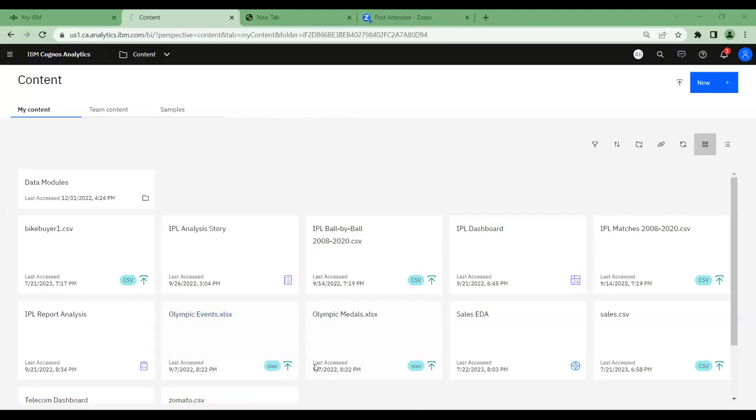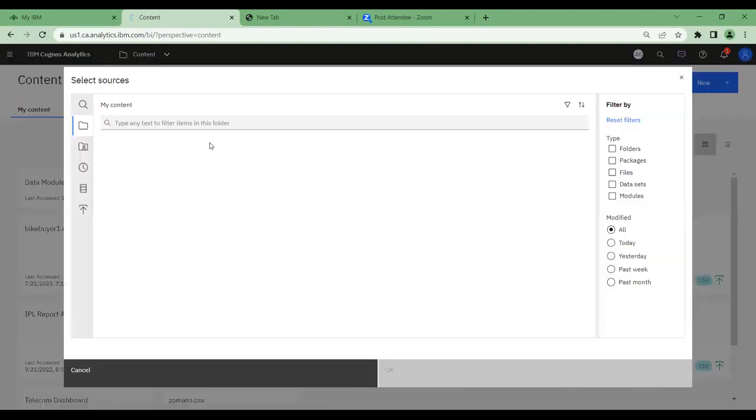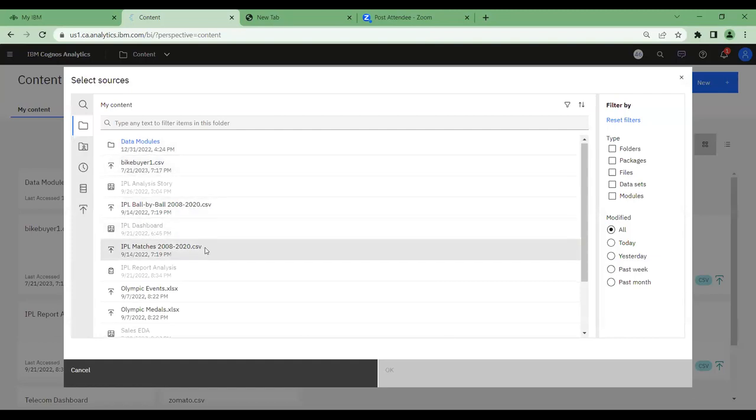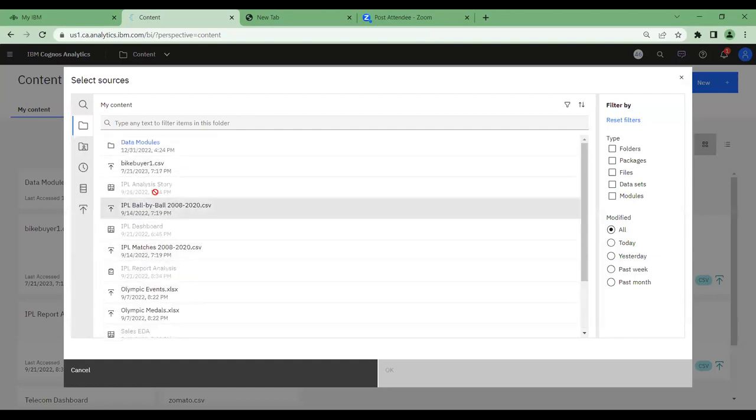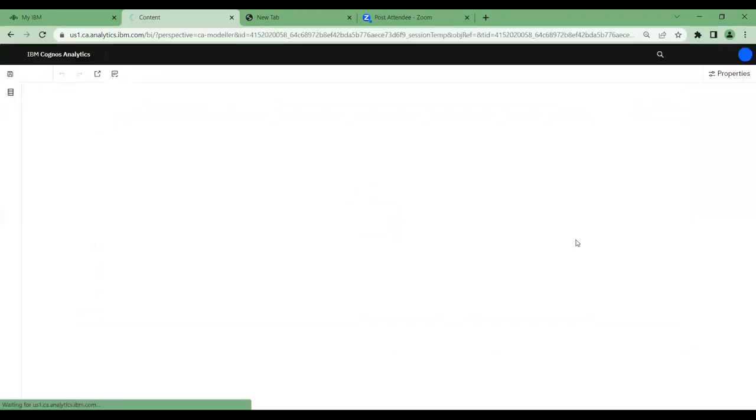Permit me to share my screen once again. Yeah, I hope you all can see my IBM Cognos Analytics screen. Already, yes. We could upload the data on day 2 on the Cognos platform. So I just would like to view this data here. What I do is I'll try to create first a data module. To view the data, I would like to take the help of a data module. I will load my CSV file of bike buyer into the data module.